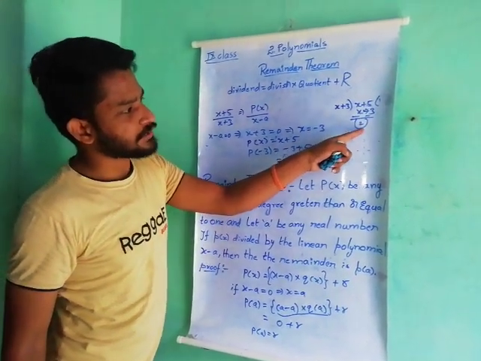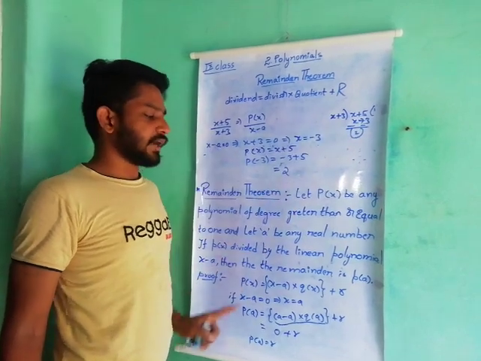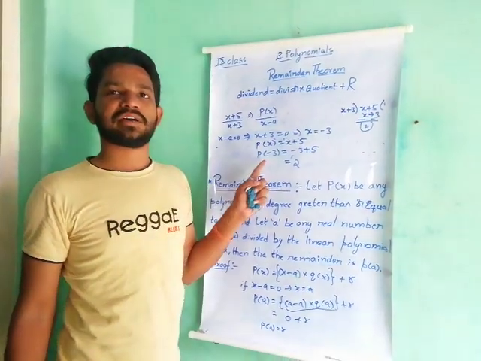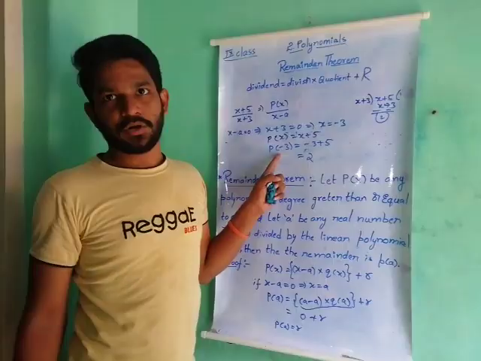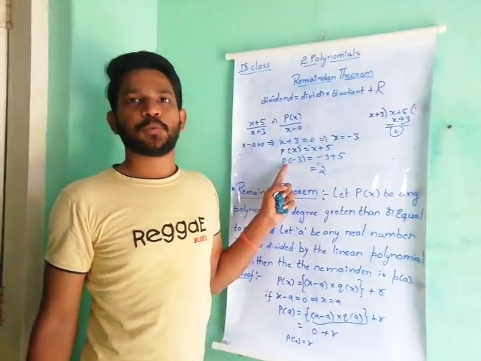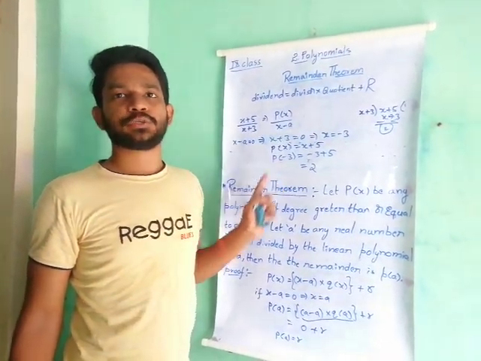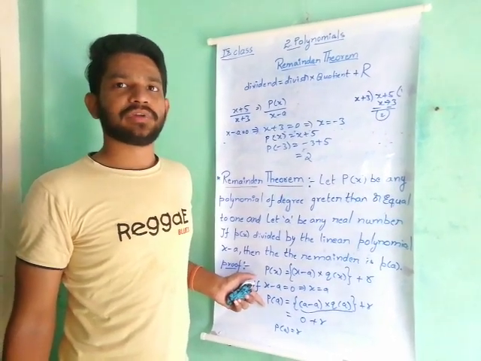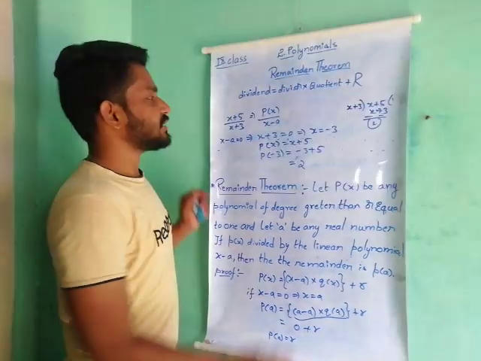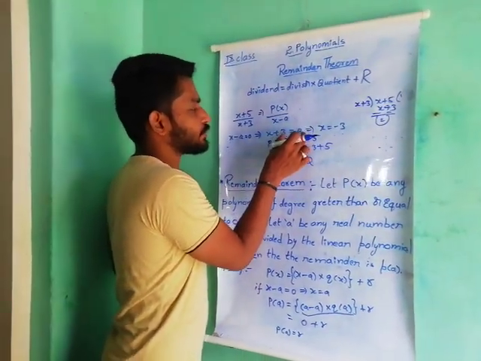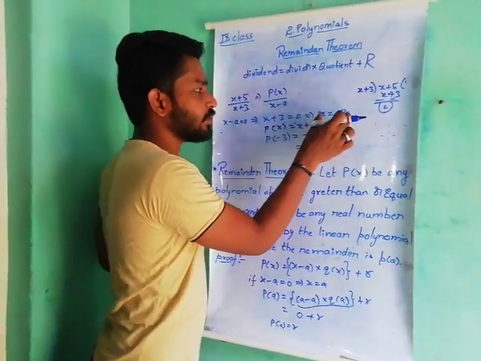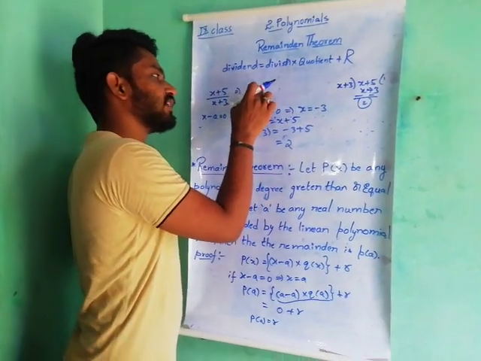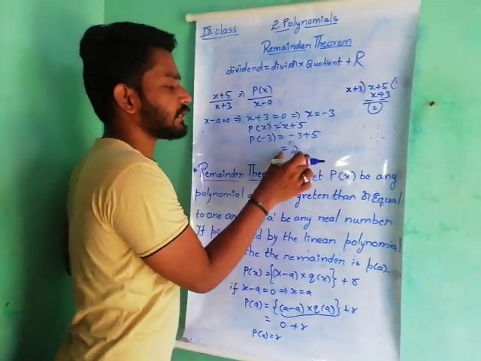By using the long division method we are getting 2, and by using the remainder theorem also we are getting the remainder 2. Okay. So in exercise 2.3, all the sums are related to the remainder theorem only. By using the remainder theorem, how do we find the remainder? Just set the divisor equal to 0, then we get the x value. That x value we have to replace in the given polynomial. That particular value is the remainder.